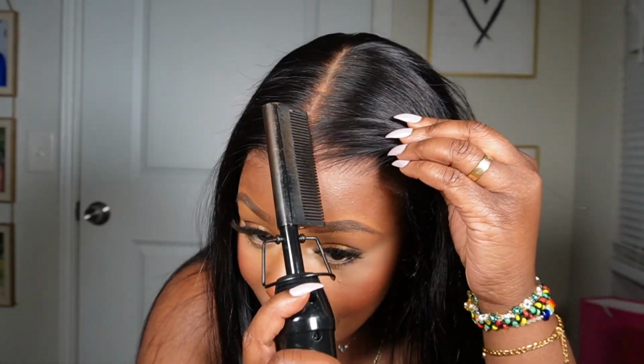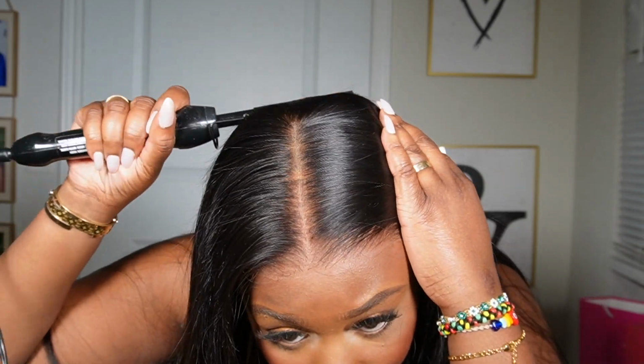So I'm gonna go ahead and just hot comb the front. I love how realistic, look at how nice, soft, and realistic. Look at the lip gloss getting hair stuck on it. But you guys can see how nice and realistic and silky straight and beautiful this hair is. Like, look at that. Come on, honey. Look at that. And it came straight out of the bag like this, guys. I didn't have to do anything other to it. Look at how...